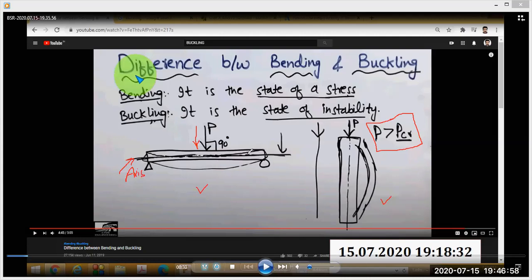Okay, so that was the difference between bending and buckling. Bending is actually the state of stress and buckling is actually the state of instability. In bending, the load is perpendicular to the axis, and in buckling, the load is parallel to the axis.